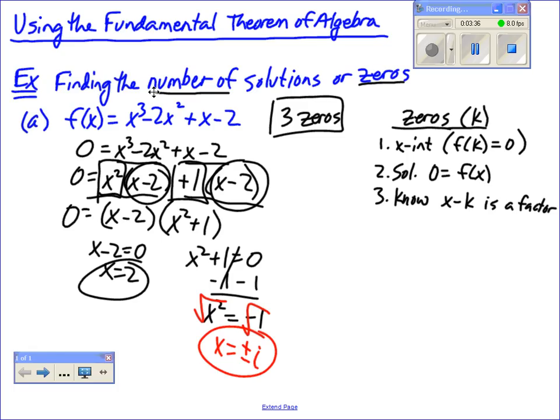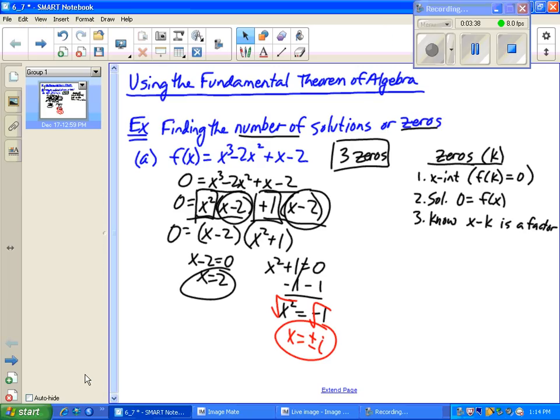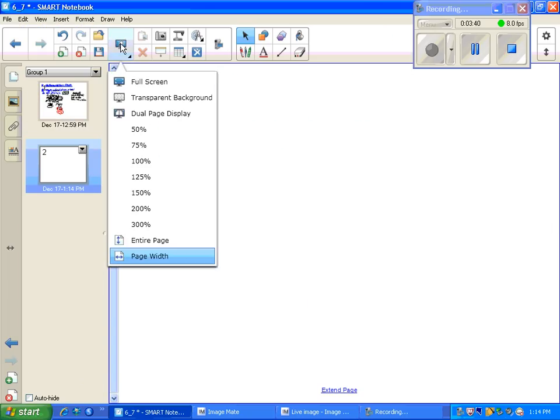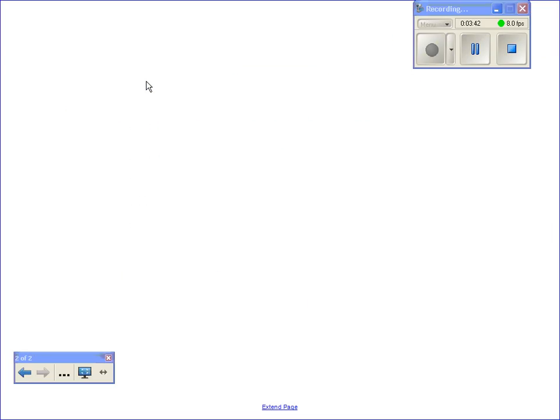Let's do another one here. Second problem. Again, we're doing the same instructions: find the number of solutions and the zeros, and then go ahead and find the zeros. So f of x